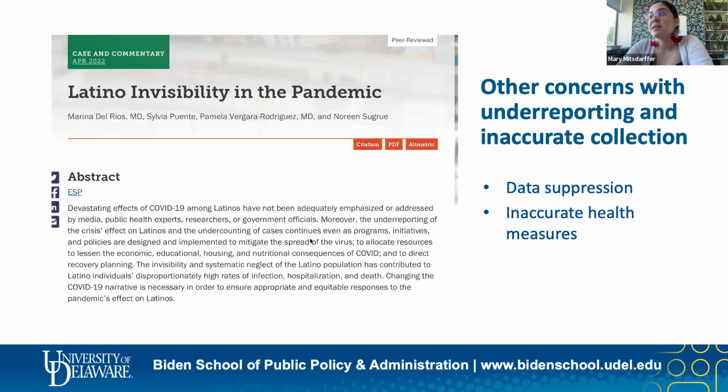And that partially was because a lot of health departments will suppress data if they don't have so many observations of folks, right? And that's partially because you want people to live a private life. You don't want to be able to be like, okay, Mary, she lives in Philadelphia, and there's like 4 other Latinas in Philadelphia, so definitely one of them is Mary, right? We don't want that to happen. But that also means that we know that undercounts happen, and so we're not able to see what's really, really happening with inaccurate measures. I think Kelly's going to talk about a few case studies that happened, but we also